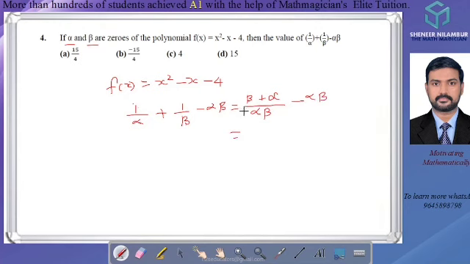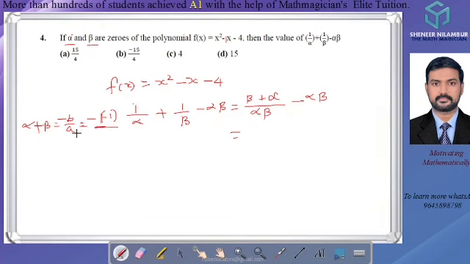As we studied, alpha and beta are the zeros. We studied the property: the sum of the zeros of a quadratic polynomial, alpha plus beta, is equal to minus b by a, where b is the coefficient of x and a is the coefficient of x square. Here the minus symbol is there, so we can give this minus symbol first. Later we can check what b is. Here b means the number nearest to x. No number means it is 1, so minus 1 is b. So minus of minus 1 will be there. This is the minus symbol already given here, and this is the minus 1, which is the coefficient of x, divided by a.